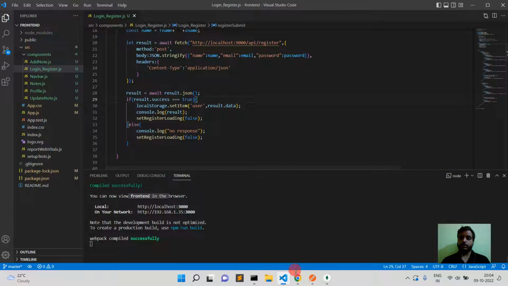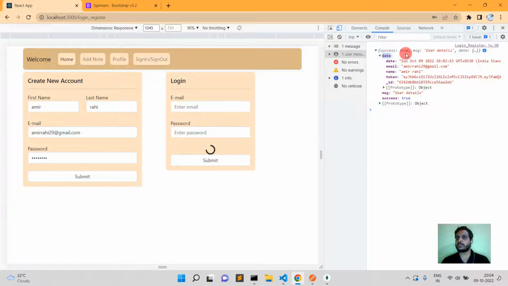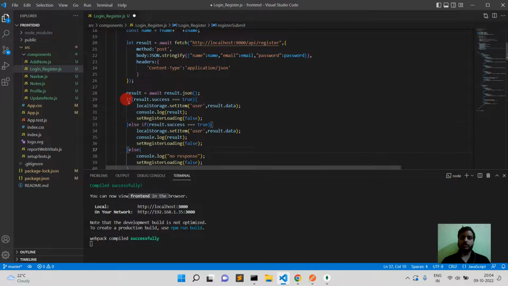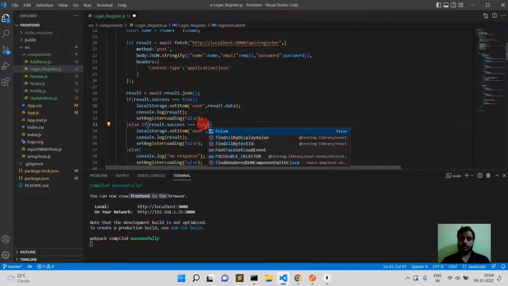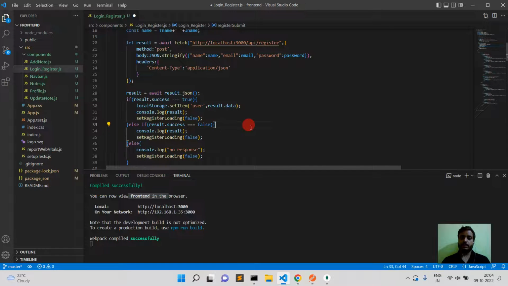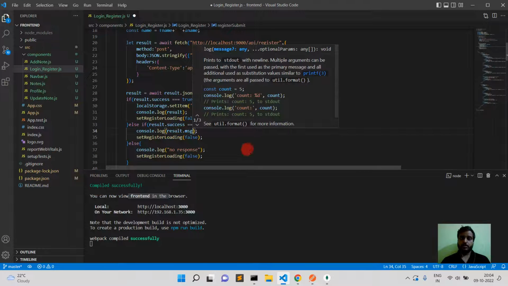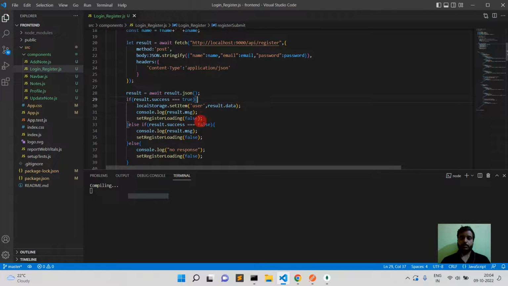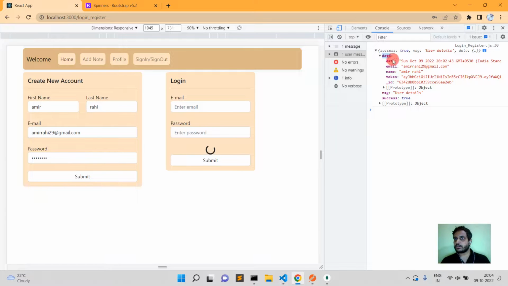If the success is equal to true, then we are saving this data. And similarly for the else condition, if it is false, then we will not save data. And here I'm going to print result dot message, this message. Okay,